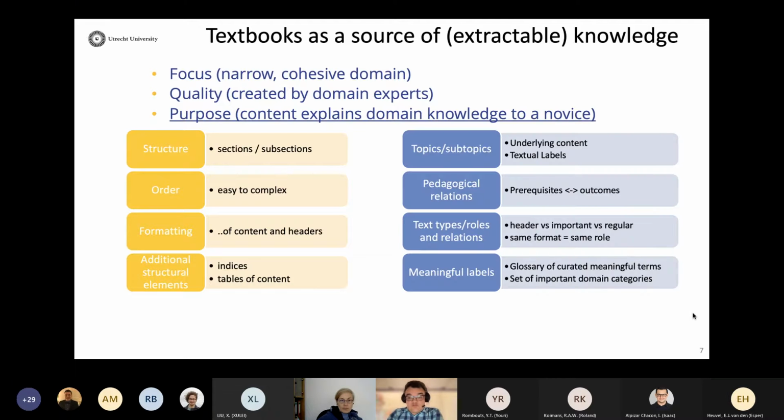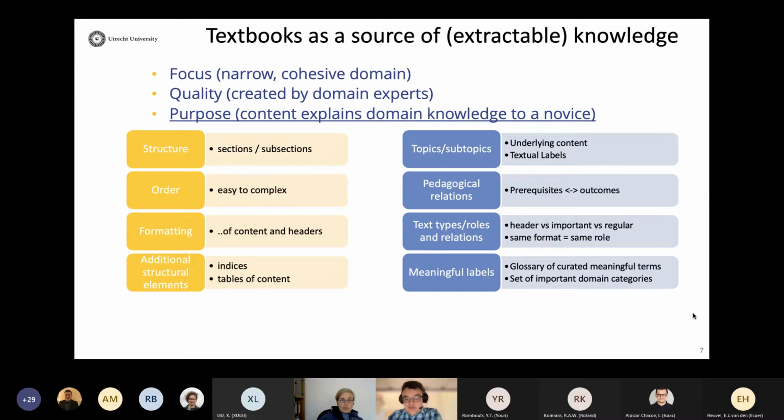So basically, what we're trying to do is use this kind of hidden layer of information that authors injected into the textbooks when they created them, extract this hidden layer of semantics, and try to extract some knowledge out of this, right? And through several years, I think we have been able to extract more and more, basically, because we can extract topics and subtopics from underlying sections, subsections.